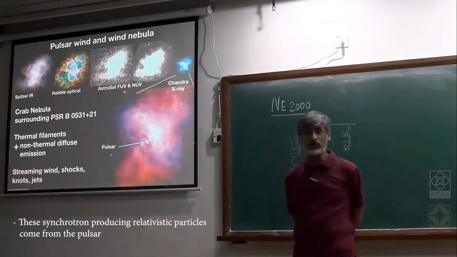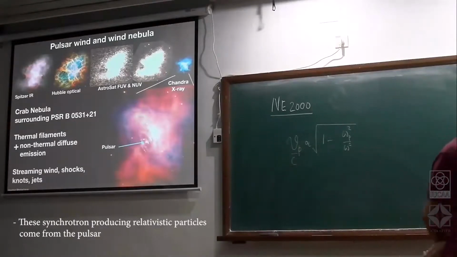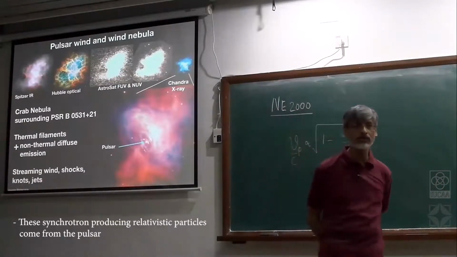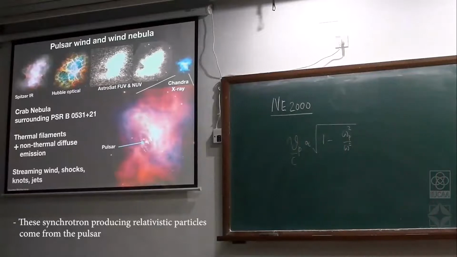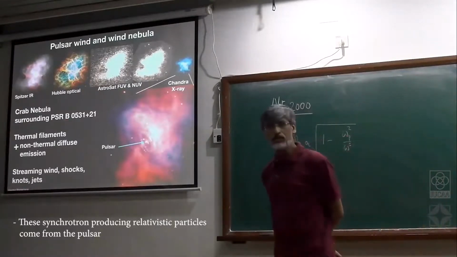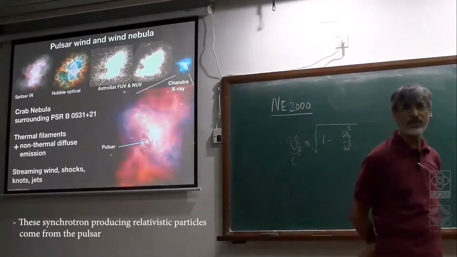And this is what we call pulsar wind. In case of the crab, because of its brightness and its closeness, we are very fortunate to be able to study it in such detail. In X-rays, you can also do so for the Vela to some extent, but this cannot be done for every object. But it's good that nature has given us one sample which you can study in detail.